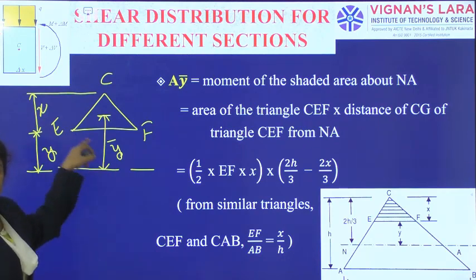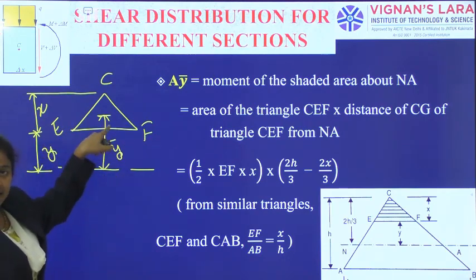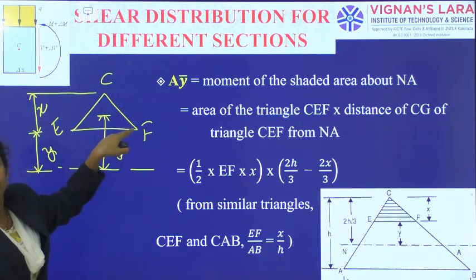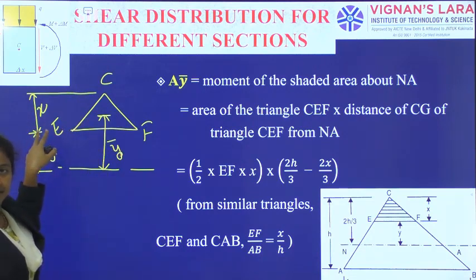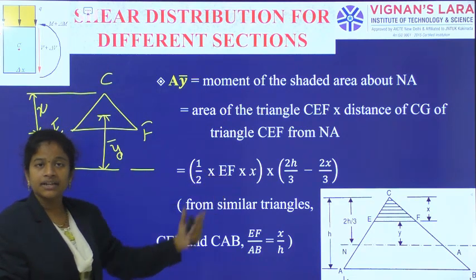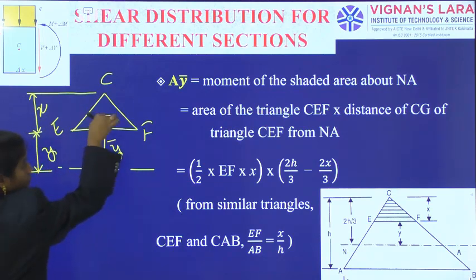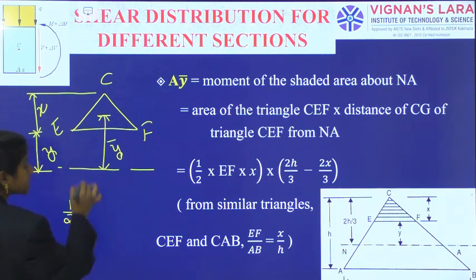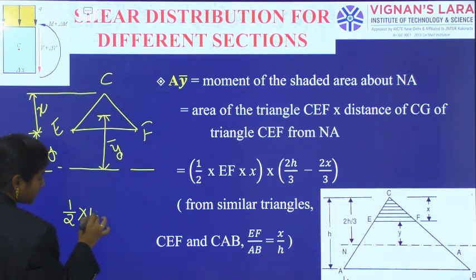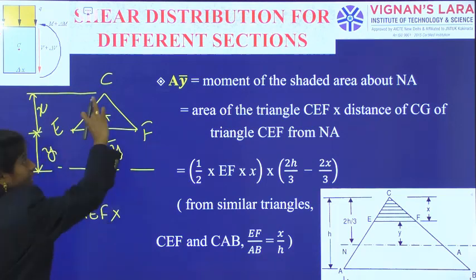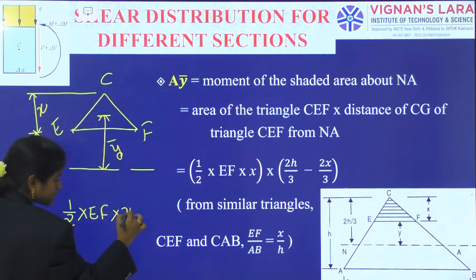From the neutral axis level, EF distance is at y. From the tip, EF is at x distance. Now half into the area of this portion, half into base is E into F, into the height of the triangle, that is x. So area